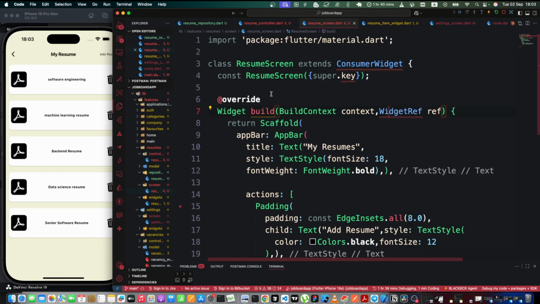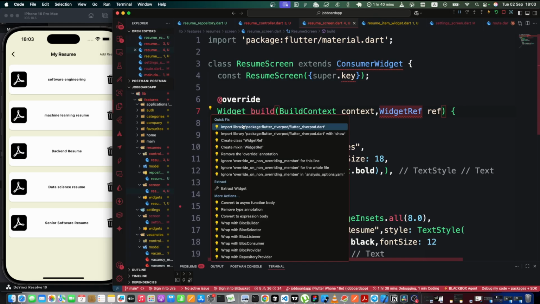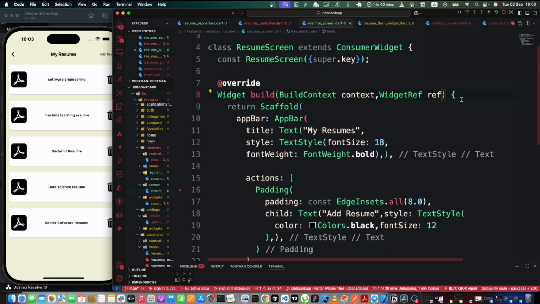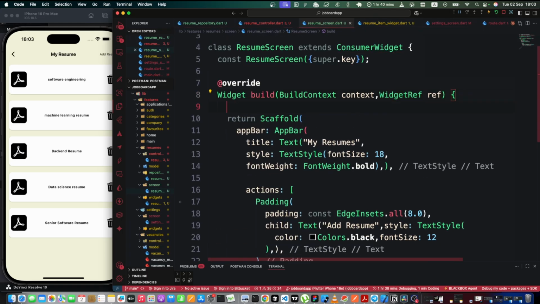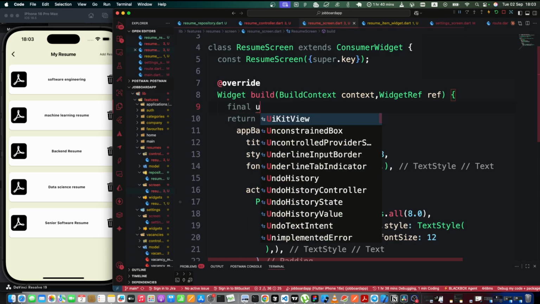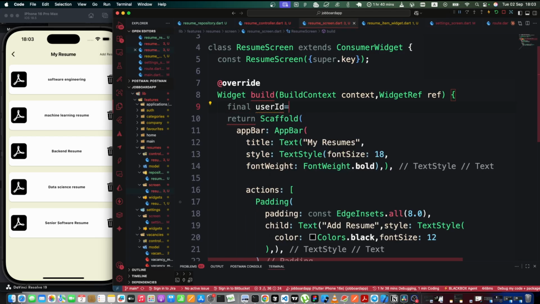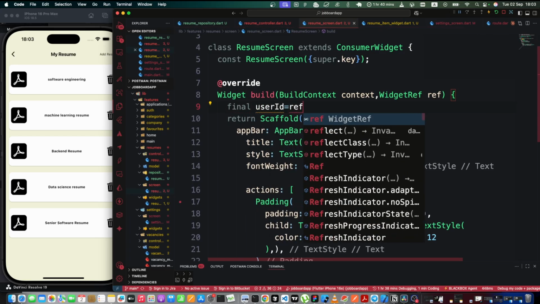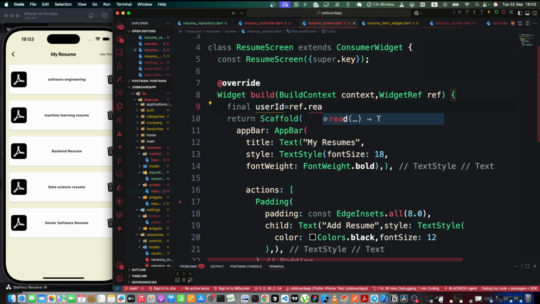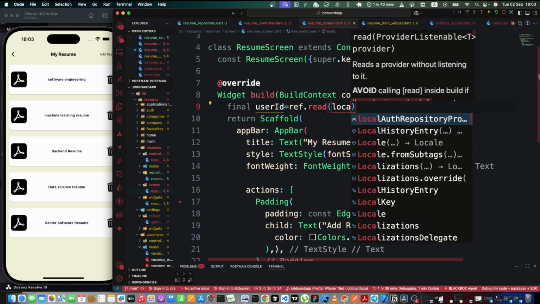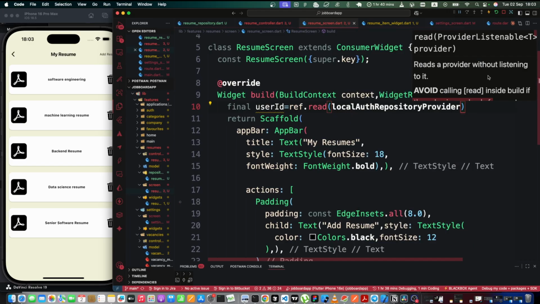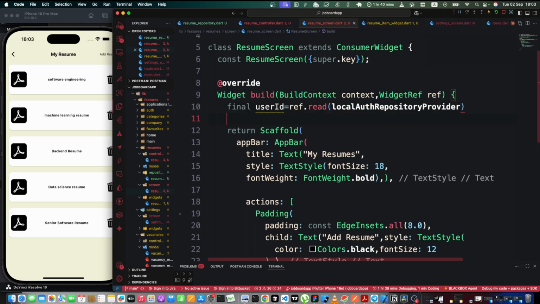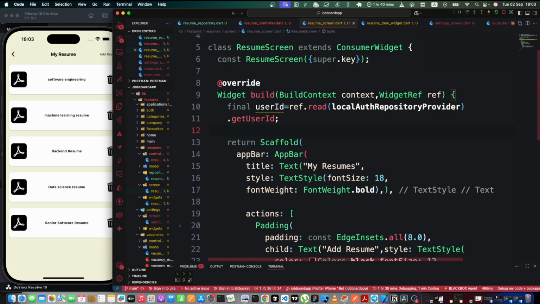All right, so let's just import Flutter Riverpod. And then the first thing that we need is our user ID. So we are going to get our user ID from our local auth repository. And then also our resume,